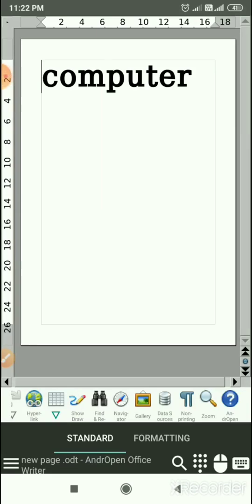You all will download this OpenOffice tool in your computer or in the mobile phone. You will start working with this OpenOffice Writer. We will learn new features in the next class. Till then, you start working with this application. You complete the question answers of chapter number 3 in your notebook.